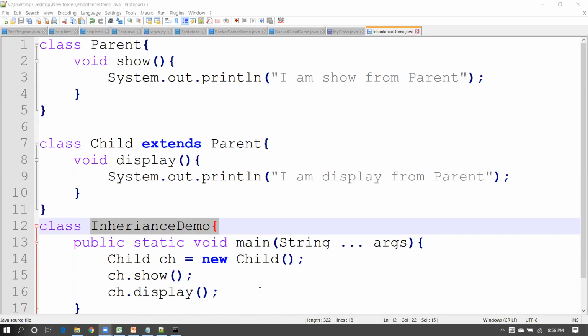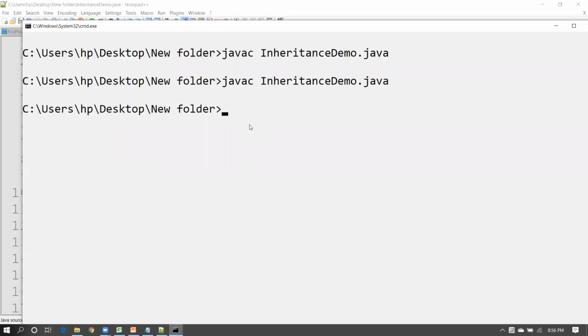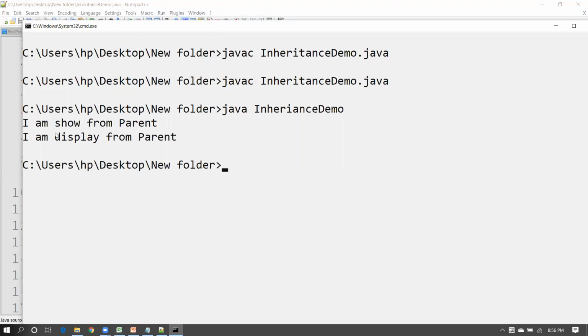Now, tell me which class can be run directly from here. In that case, only those classes can be executed directly by the JVM which have the main method. So InheritanceDemo has a main method. That's why this class can be passed directly to the JVM. And when I pass it, we'll see the output. I am show from the parent. I am display from